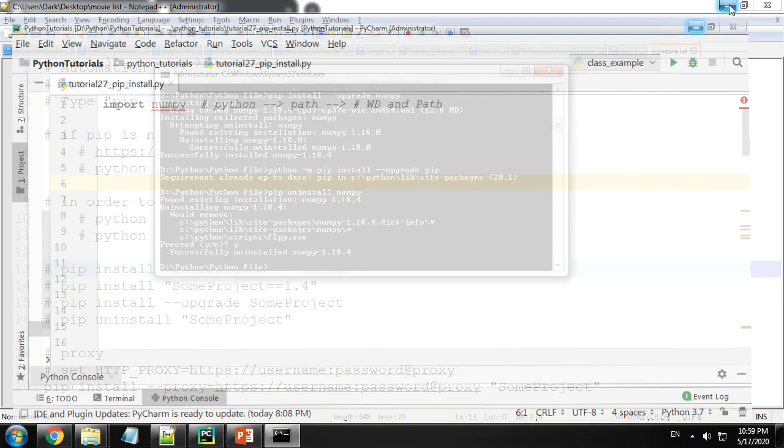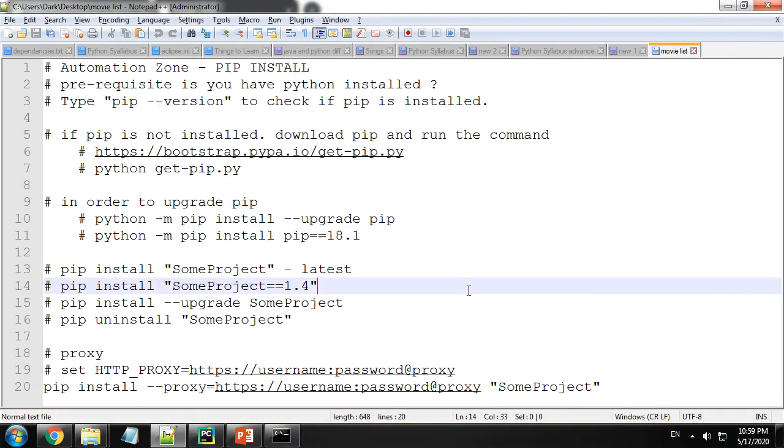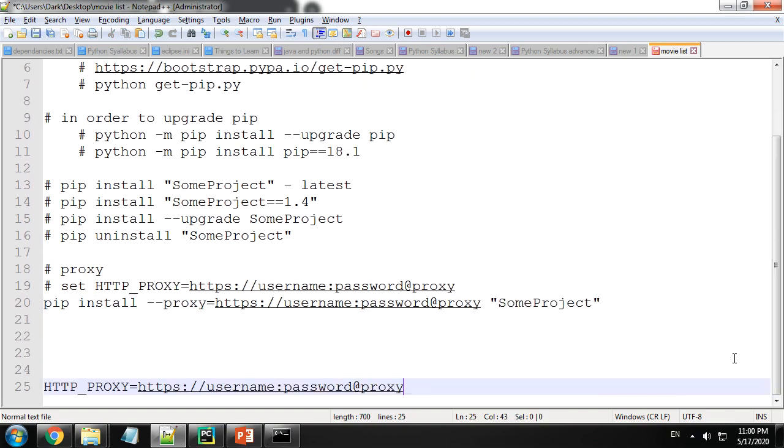Okay, now coming to the question at hand. What if your workspace has a proxy? To bypass the proxy you should follow specific commands. So step number 1 is set your proxy. Now you have a command over here, set http proxy equal to username:password@proxy. Now what does this mean? Let me just type this below and tell you what it means.